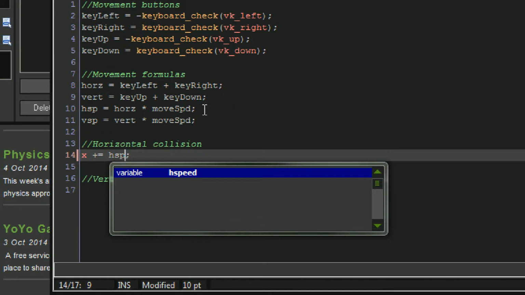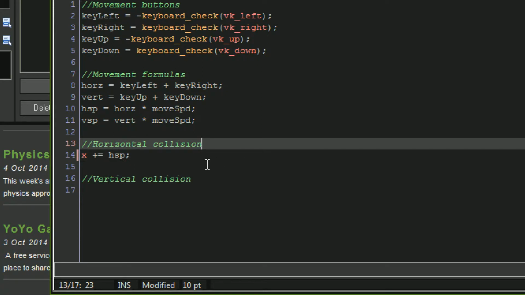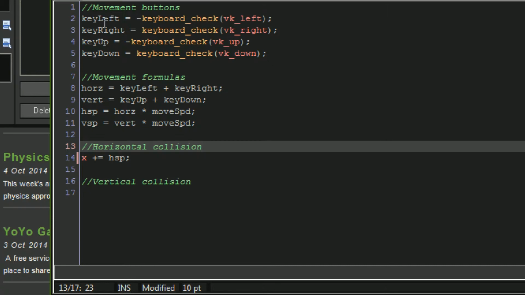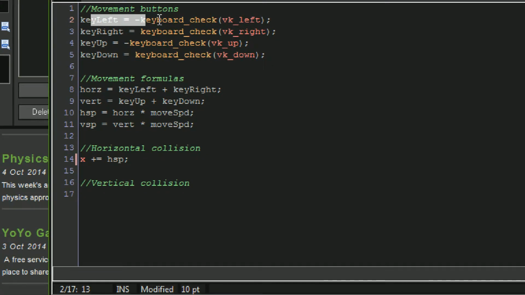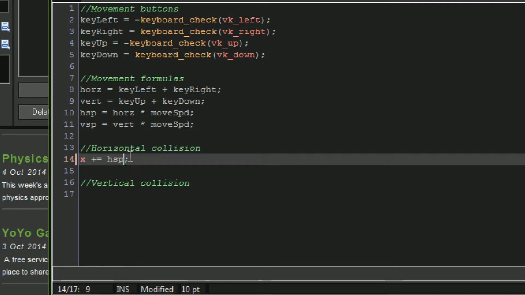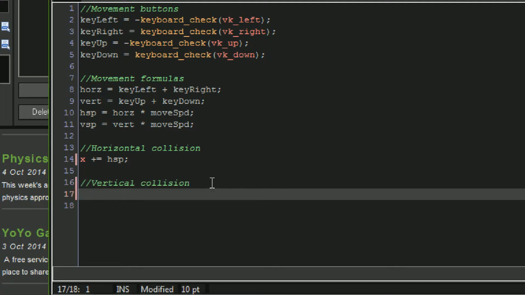So now, at the end of the step event, if I'm pressing left, my x coordinate is going to move negative, and if I'm pressing right, then my x coordinate is going to move to the right. You can skip a few steps just by assigning these functions to a variable, putting those variables through a formula, and coming out in the final step. We do the same thing for our y,